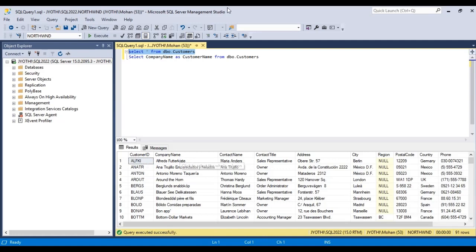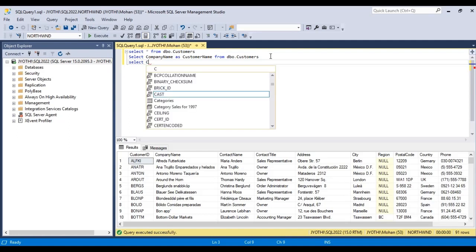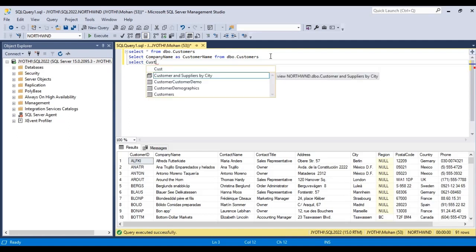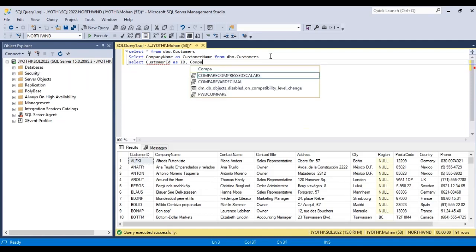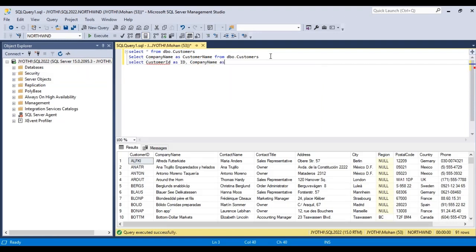For that we simply do SELECT customer ID AS ID, comma, company name AS customer.